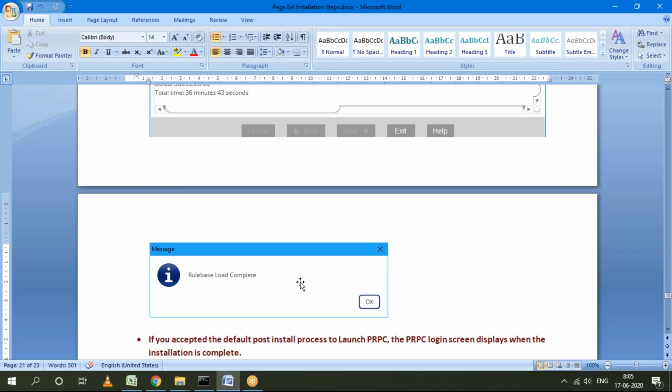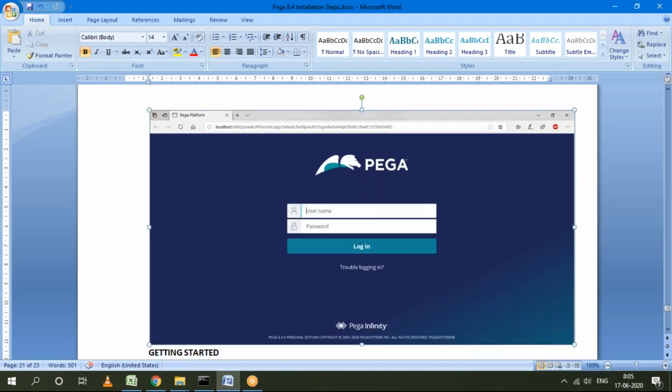If Chrome is the default browser, the application will open in Chrome and the login page will display automatically. The login page will be like this. Once you click on the start button, until this login page everything is done automatically. You will not click on anything in between. Once it is done, you can conclude it is successfully installed.